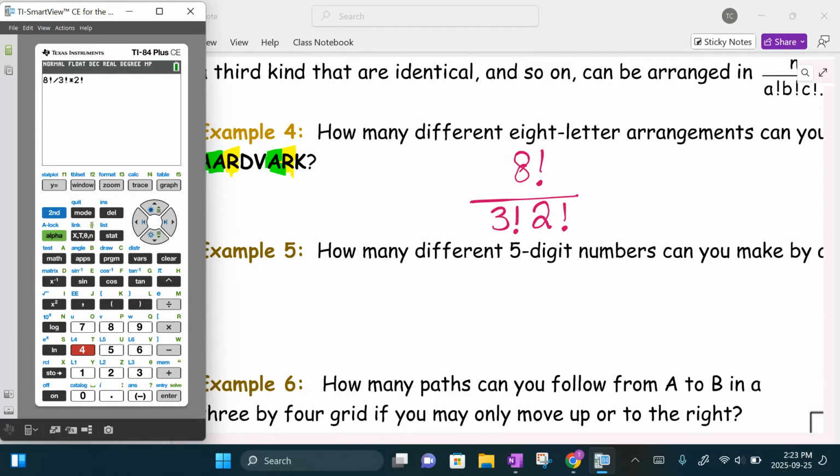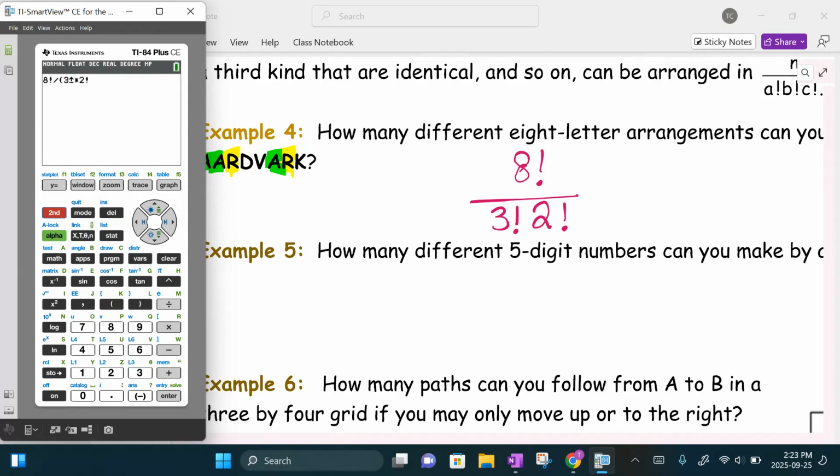Everybody see the mistake? Okay, good. So please make sure, especially if you have the newer operating system, that you put it right into a fraction to begin with so you don't have to worry about brackets. Because if you just go 8 factorial divided by 3 factorial times 2 factorial, it does the division, then times. So either, this is your choice, use your fraction button and put it already in a fraction form so you don't have to worry about brackets, or just make sure